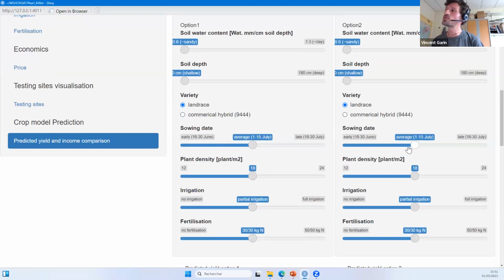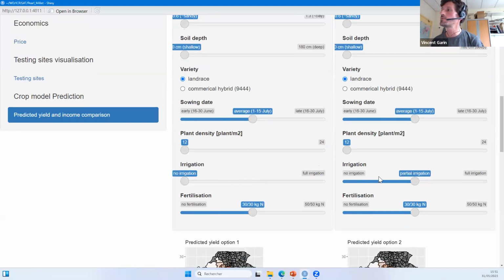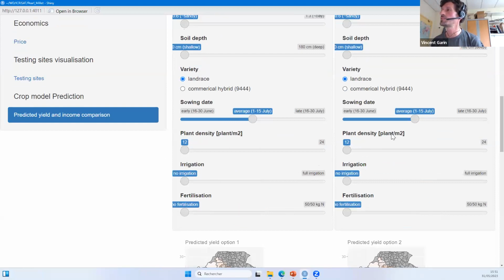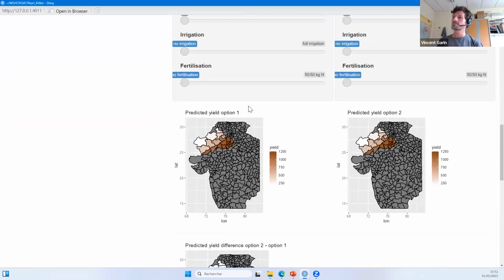They are sowing not too early, not too late, so we can keep the average time here. Generally, the sowing density is rather low. People don't use irrigation, and people use low fertilization, so we put no fertilization. Based on this set of conditions, the crop model is calculating some information, for example, the yield